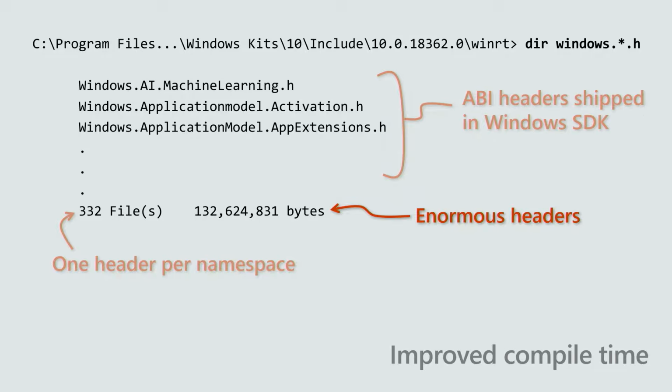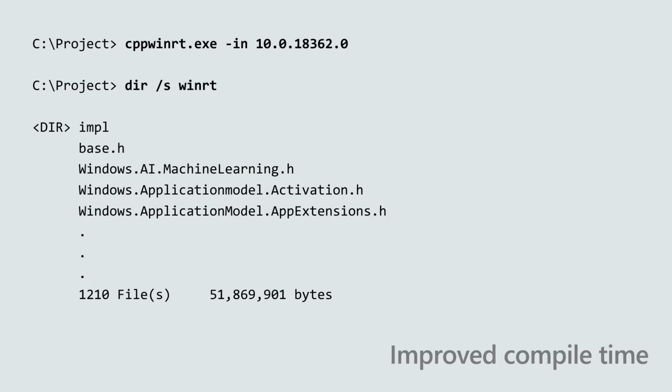All they include is the vtables, the interfaces that you might have to implement or call directly in order to interact with those APIs. But they provide no support for actually providing an implementation or making those calls very elegantly. It's very low-level code that you'd have to write. Contrast that with C++/WinRT, where we can generate those headers on demand, either in your build environment or, as Scott demonstrated, even inside of Visual Studio.